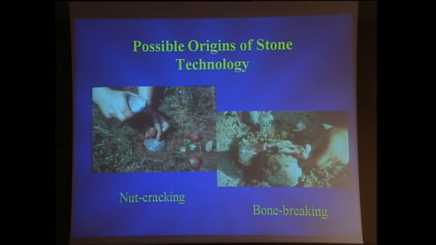And why did hominids start flaking stone tools? If they were nut cracking, perhaps that would lead to fractured rocks and sharp edges. If they were breaking bones to get marrow with a hammer and anvil, that might do it as well. As we've heard several times today, if they were throwing rocks for either offense or defense, one rock might hit another one and cause fracture. So we really don't know how it starts, but you can imagine any of these scenarios being the origins of flake stone technology.